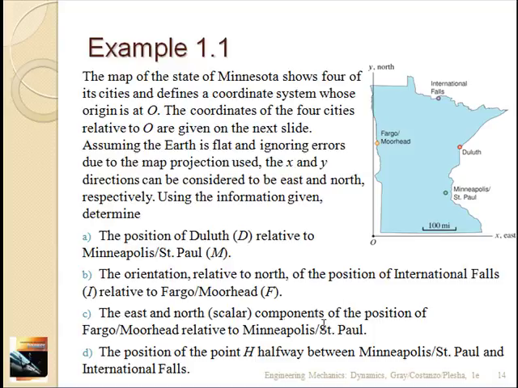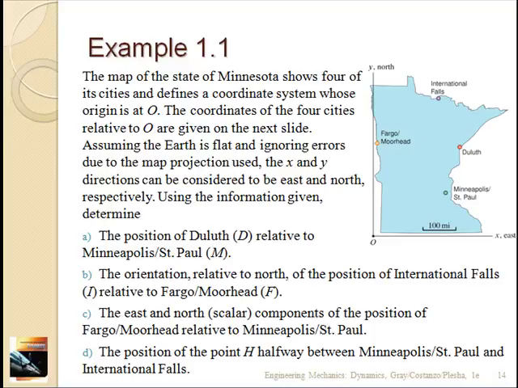Then what are the scalar components in the east and north directions of the position of Fargo-Moorhead relative to Minneapolis-St. Paul? Again, you draw a vector from Minneapolis-St. Paul to Fargo-Moorhead, and then you give the eastern or x and northern or y components of those vectors. And finally, you find a position halfway between Minneapolis and International Falls, right about here, and find the position of that point. That is, you draw a vector from the origin to that midpoint and then find the components of